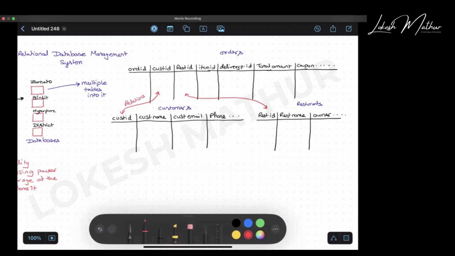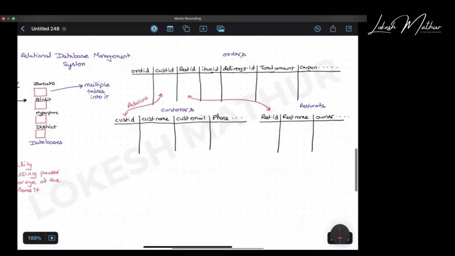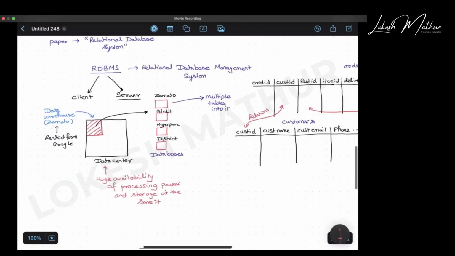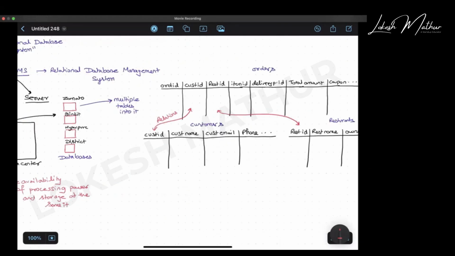Relations. So this particular infrastructure is known as relational database management system. Why relational? Because every table that is a part of the database has a relation that connects one table from the other.